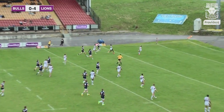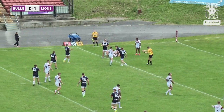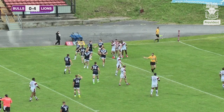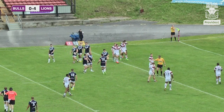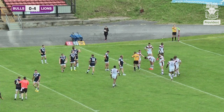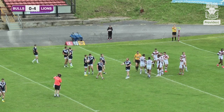That will see a little kick go up into the eye from Ben White. Well, and Brandon Wilkinson's knocked that on, and Swinton are loving this because, quite frankly, the tails are up, and if you ask the question, who's got the motivation? Well, I'm very sad to say that it is Swinton. Swinton Lions appear to want it more,